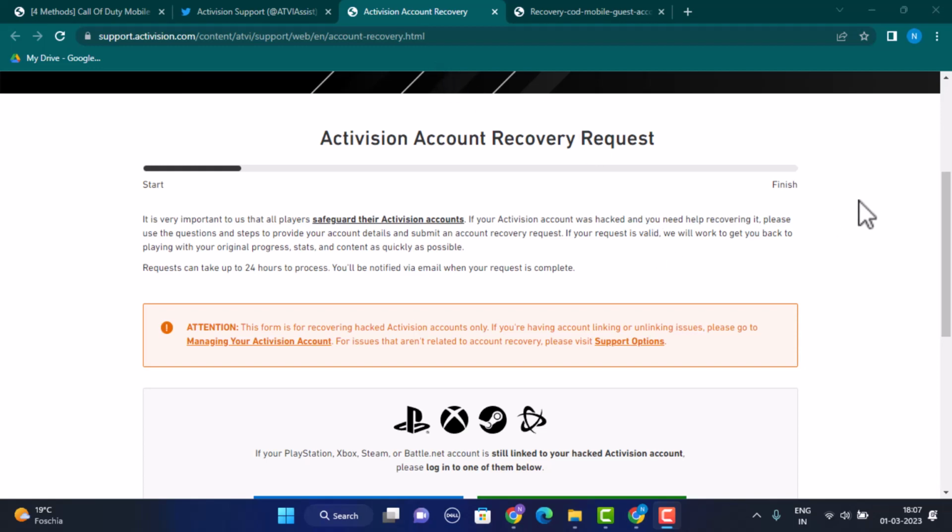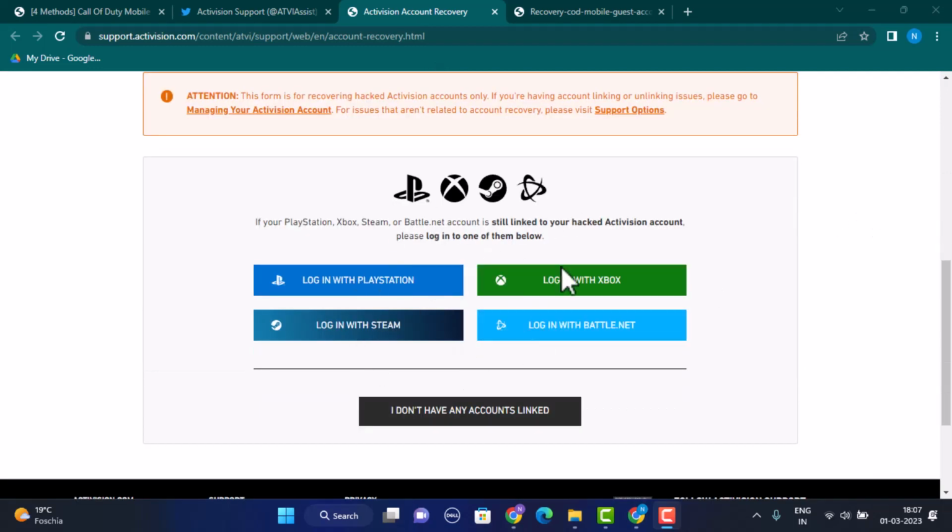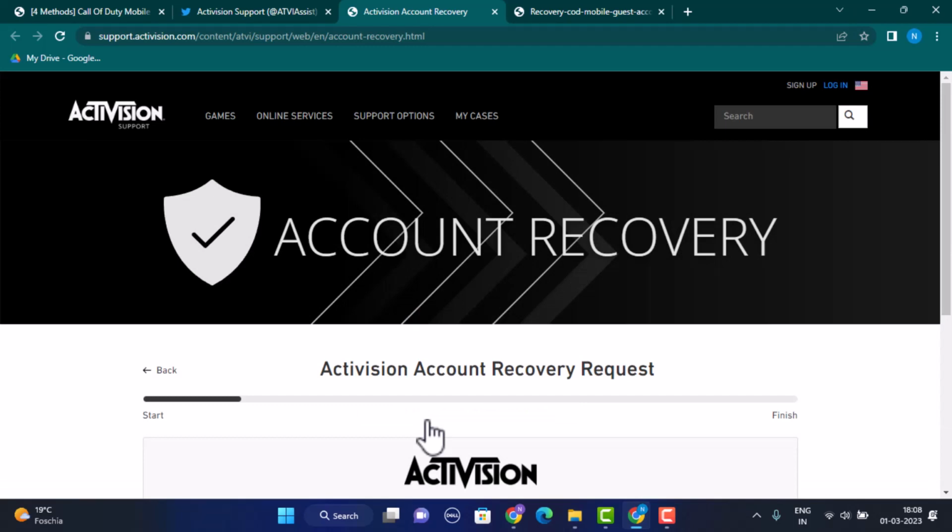Once you're on this page, scroll down, and right at the bottom you'll be able to see a list of options. In case you have linked your guest account with any of these following options, then you can click on it and then you'll be able to recover your account. But if you haven't done it, then just click on I don't have any account linked, and you'll be directed